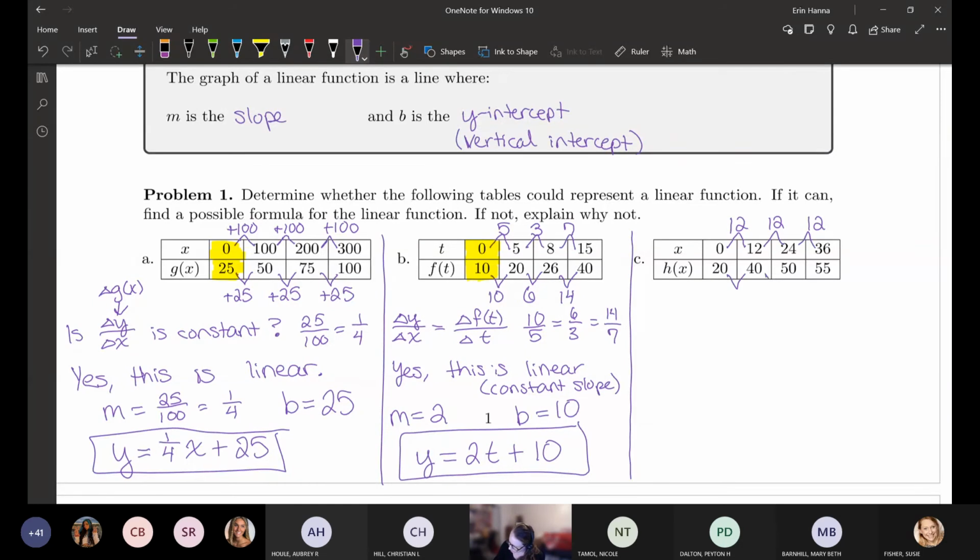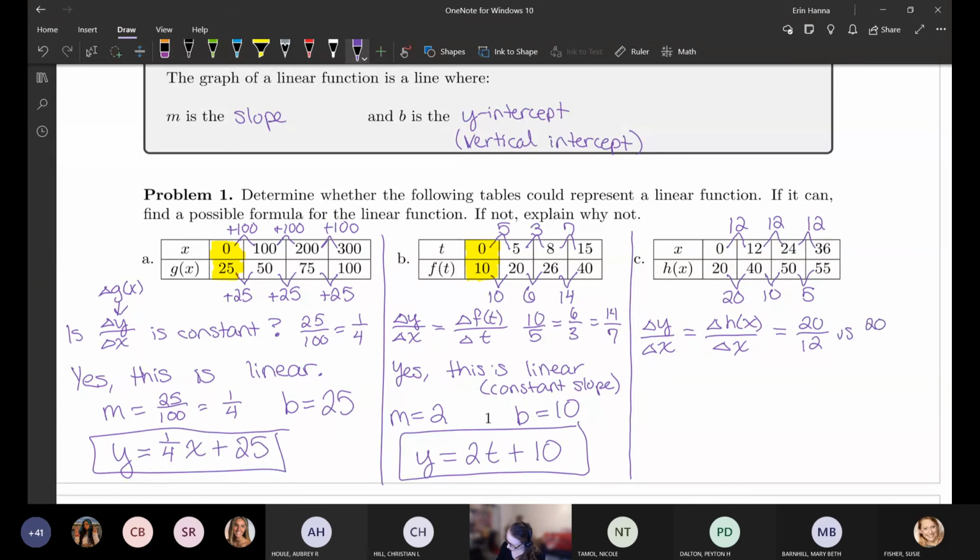And then let's check to see what our h of x values are doing. So we're increasing by 20, and then by 10, and then by 5. So you might already see what's going to happen here, but just to really clarify at home, if we're looking at our change in y over change in x, which in this case is a change in h of x over change in x, we're looking at 20 over 12